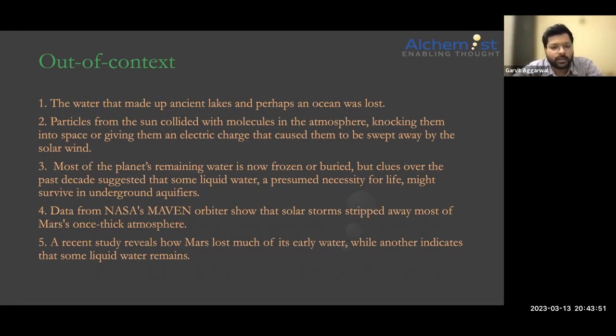एटमॉस्फेयर पतला हो गया. Most planets remaining water is now frozen or buried, but clues over the past decade suggested that some liquid water might survive in underground aquifers. As you can see, I skipped reading this part because it's a modifier. तो क्विक रीडिंग हो जाती है मॉडिफायर हटाने से. तो